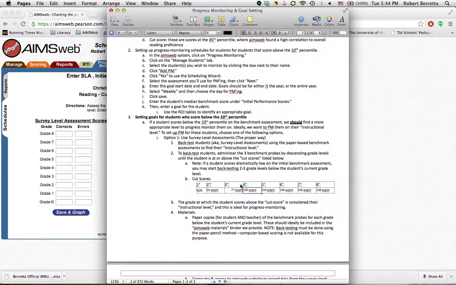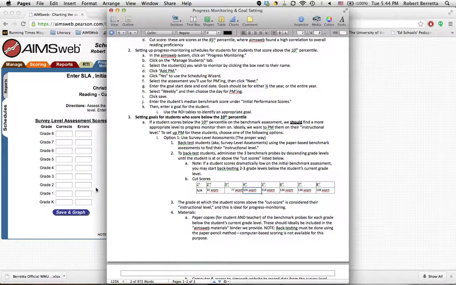Even when I've gotten on the phone and argued with them that we need a little bit more guidance than that, their contention is that we pretty much provide the software. How you use it is kind of up to you. In any event, this is a good guideline to go by. You do not want to progress monitor a student that's reading only 60 or 70 or even 80 words per minute on a 4th grade level, because they're probably not going to make a whole lot of progress on this